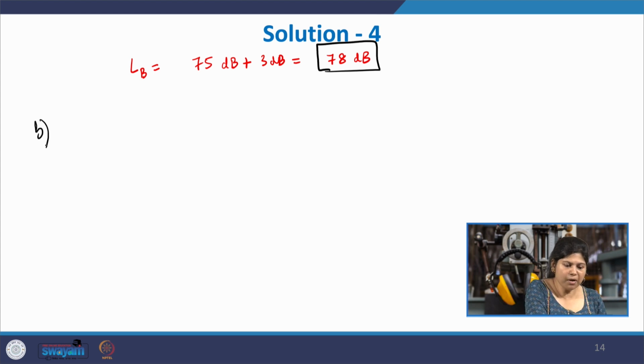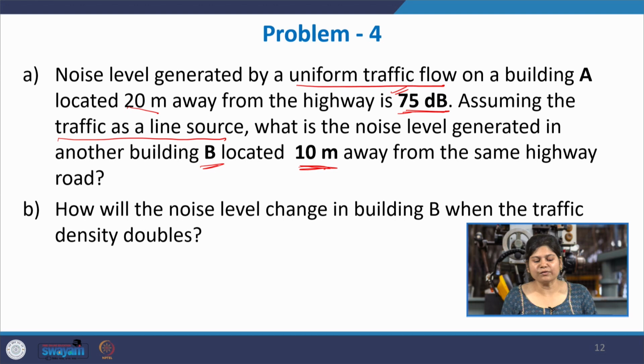Let us solve the second part of this problem. How will the noise level change in building B when the traffic density doubles in this case? So, let us say here that the traffic overall is contributing the same amount of energy. Now, if you increase the density of the traffic, which means within the same area or within the same length, now you have double the cars or double the noise sources, therefore, overall the energy is doubling up. So, if you say that the density is doubling here because it is acting as the source, the surface density of the source,